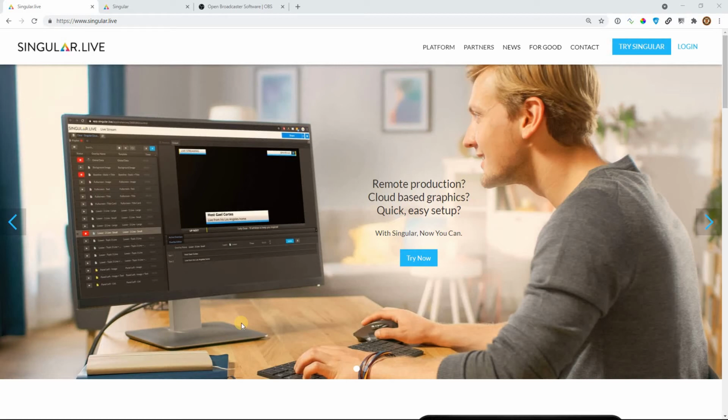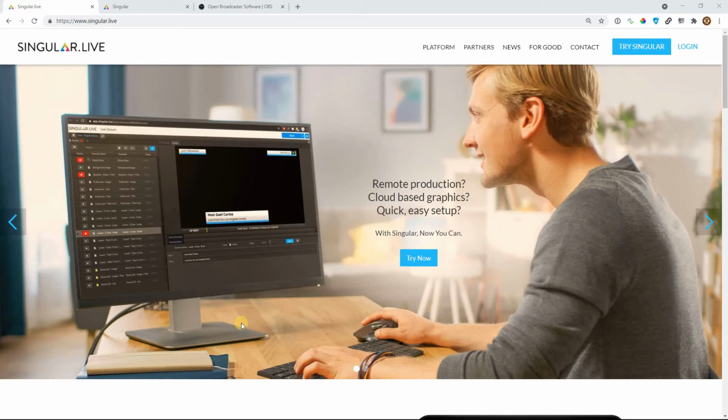Hello, it's Stephen with Singular, and today I'm going to dive into using Singular with OBS. I'm going to take the outputs of Singular overlays and put them into OBS. And I'm probably going to do a second video on how to add some other features to this setup. I think OBS is a really good starting point for people who just want to see how to stream with